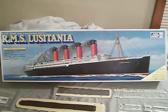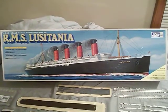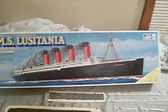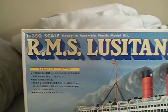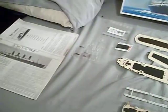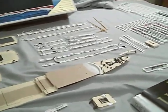And I figured I'd take a break from my 67th anniversary series of videos for the maiden voyage of the SS United States to give you this latest update on the 1/350 scale ready to assemble plastic model kit of the RMS Lusitania by Mr. Hobby. A lot has been done since the last videos. I'm going to cover what I've done and tell you how I did it. So, first thing first, you can see I've got it all laid out. And let's go ahead and grab